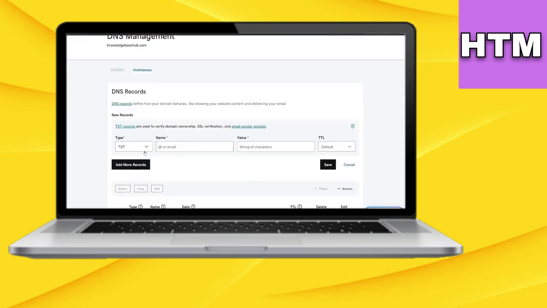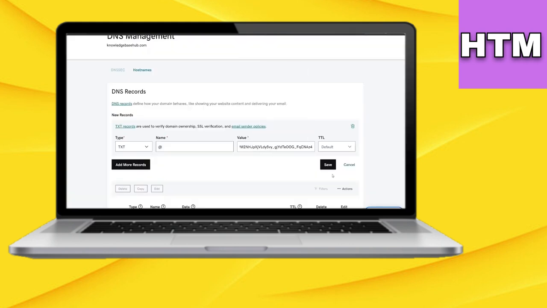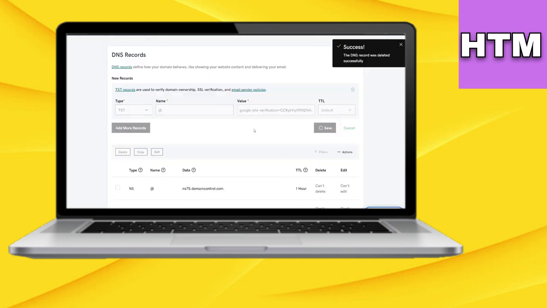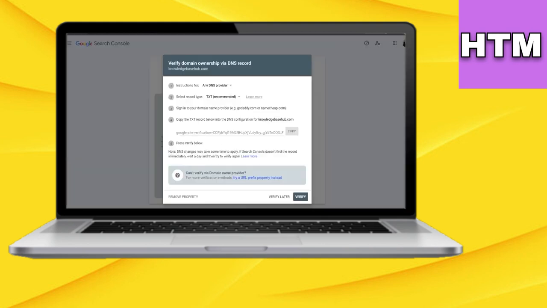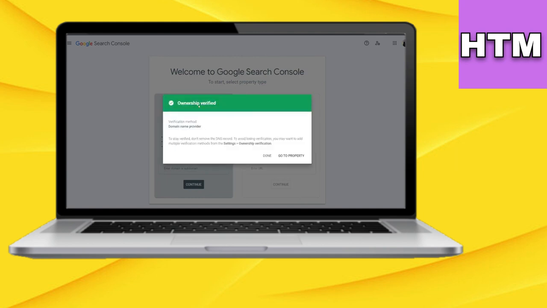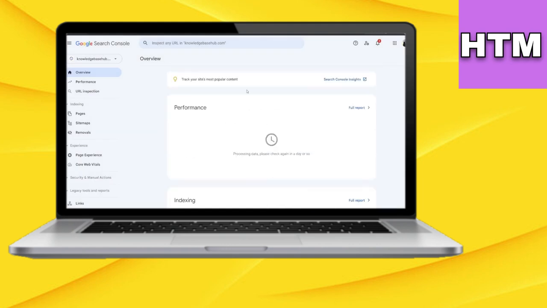However, the domain may not yet be verified, so proceed to verify ownership by clicking on Verify Your Ownership and then Continue. Select a record type and go to your domain registration company, copy the TXT record and paste it into the DNS configuration. To add a new record, go to the Records page, click Add a new record, select